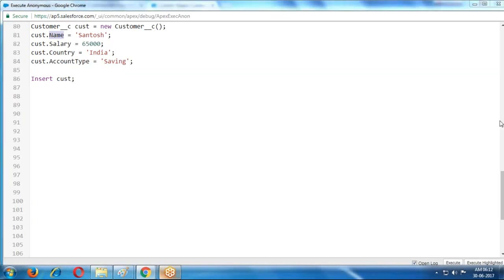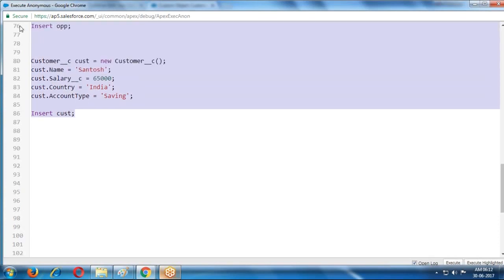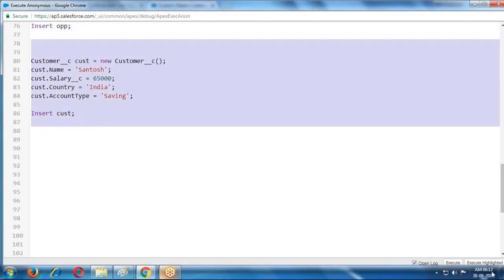What are the standard fields? The standard fields are name, created by, last modified by, and owner. There are four standard fields, and name is one of them. For the standard fields, just the field names are used without __c. If it is a custom field, then __c is required. So I provide __c for this, and in this case, we are getting the error for country.